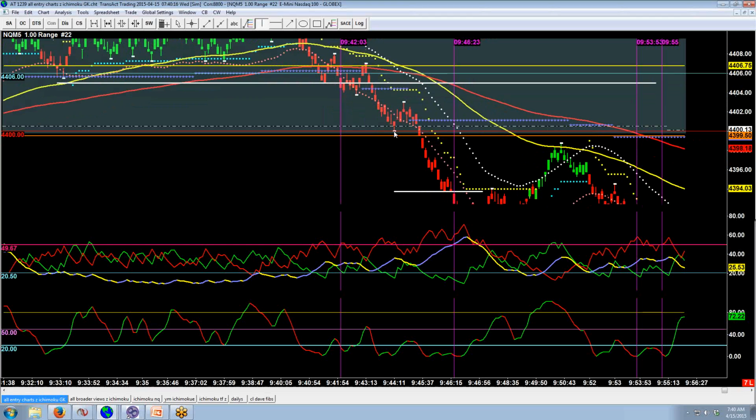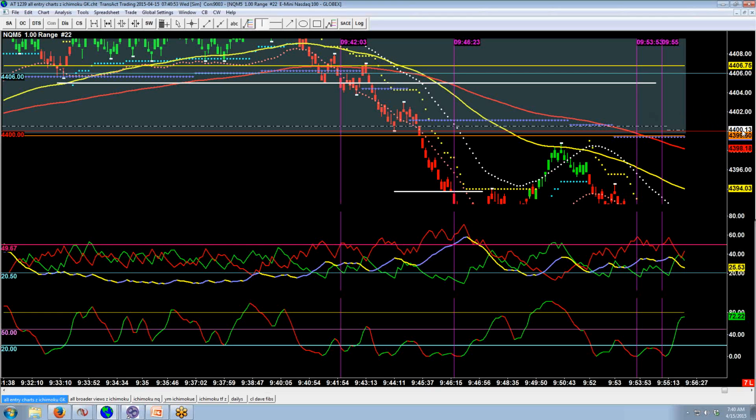And then you could do the same thing here. Draw a line and then take the breakdown here. I didn't take this one because I was looking for something like this. Now you could still be in from the entry up here. You could just trail it, use your Supertrend stop to trail, or use some of the price levels to trail. I didn't get what I needed here, or what I would like to see. I would like to see, again, a little consolidation, create an area of support under this low, and then take it. Again, you could still be in it from up here, and that created an easy 5 points off the